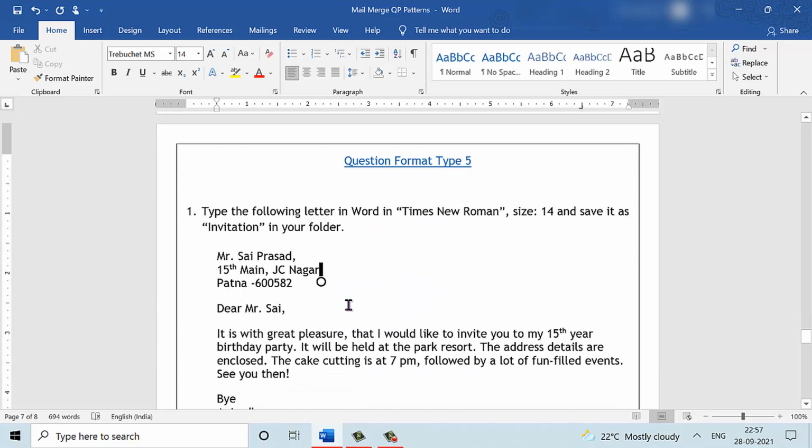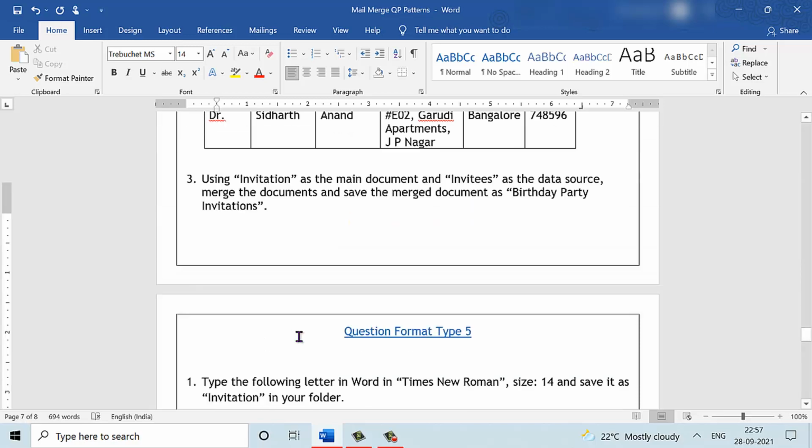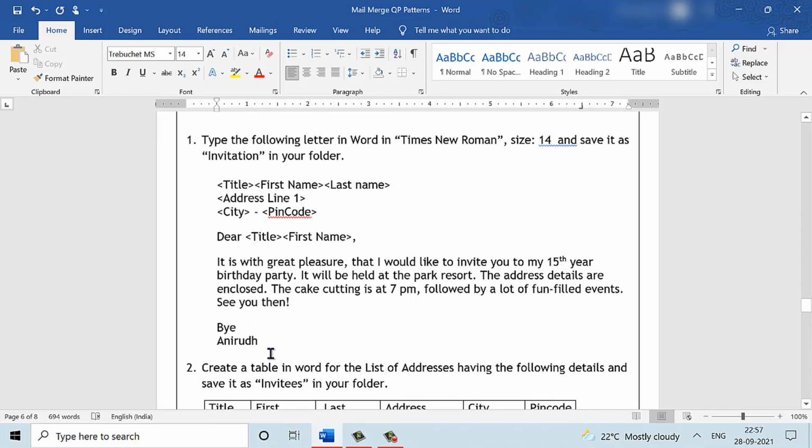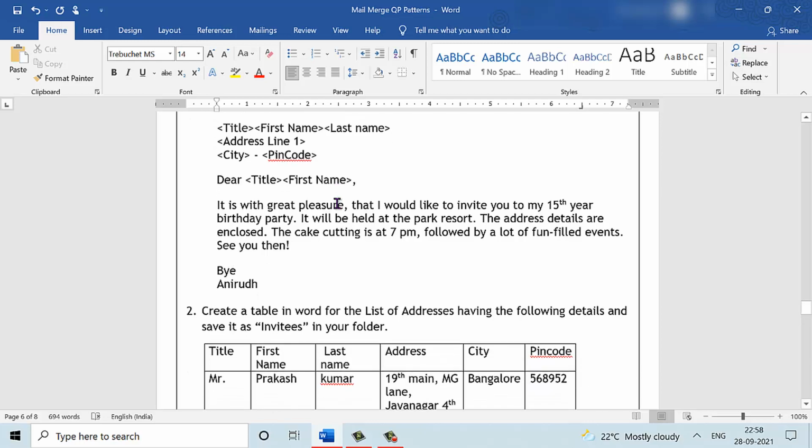In the last pattern, the only difference is instead of mentioning the fields here, there is actually a name and an address mentioned. So we will have to translate this name and address and also this title and name to this, that is the fields. We just have to translate it here, and the rest of the sub questions that are listed here will stay the same.